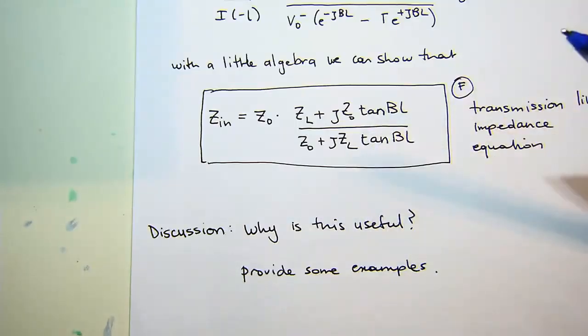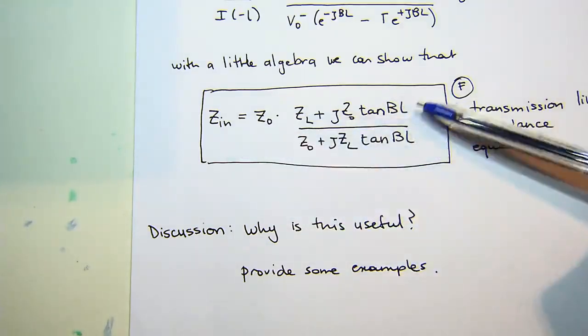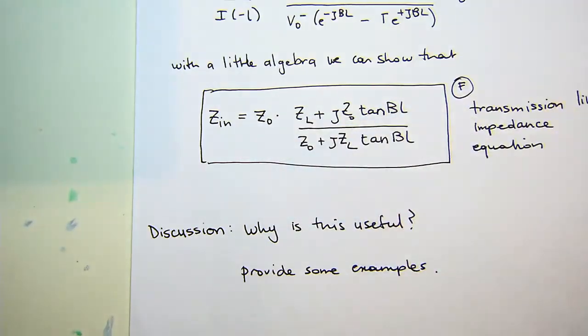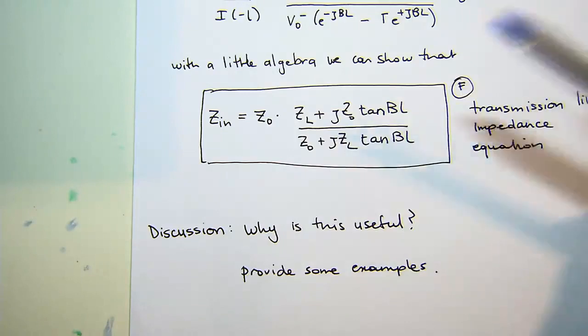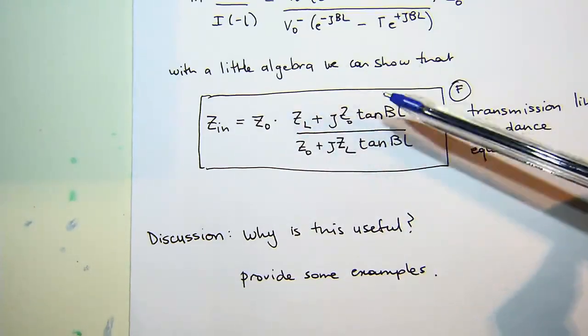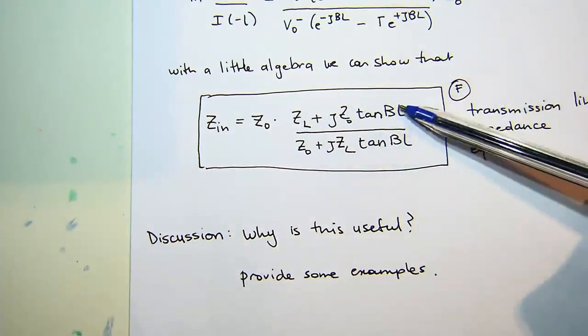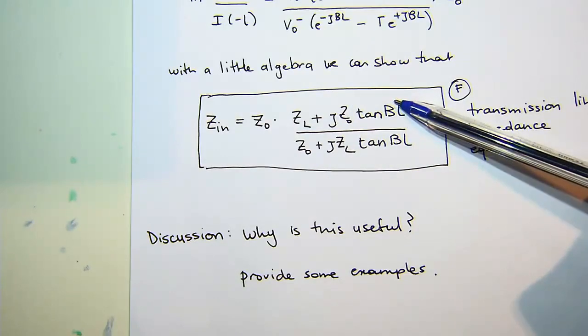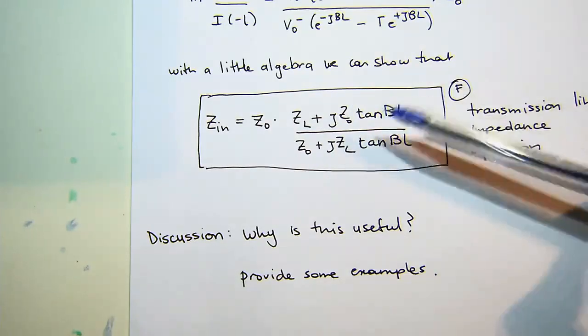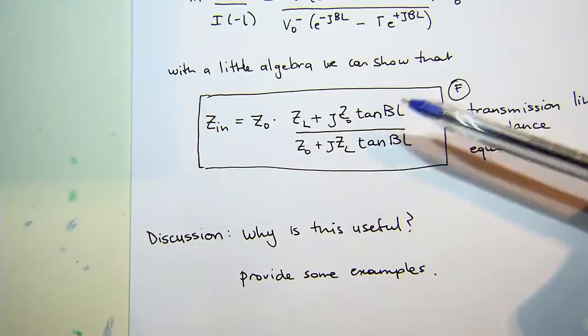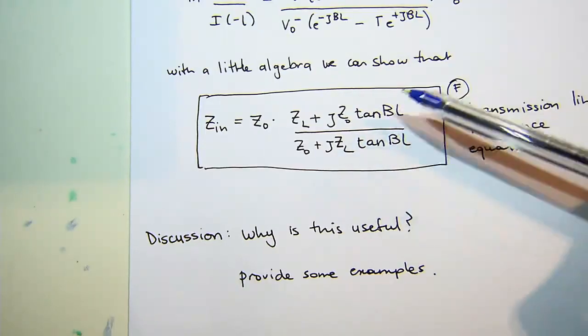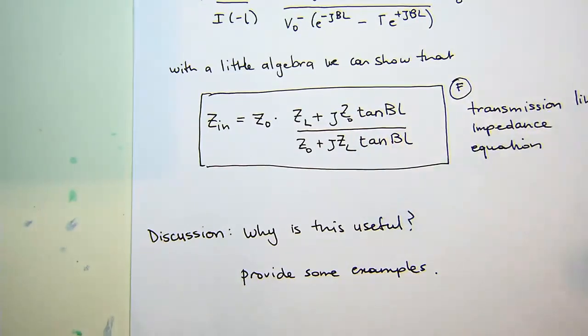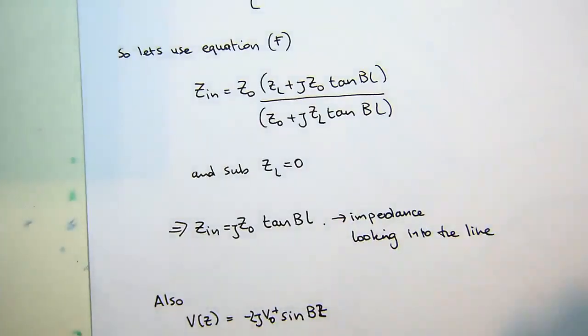Which describes or relates the input impedance of a transmission line in terms of the load impedance, the characteristic impedance of the line, and the wave number, which is 2 pi on lambda, where lambda is the wavelength on that transmission line. Now, very quickly, we also talked about, as I said, short circuits,